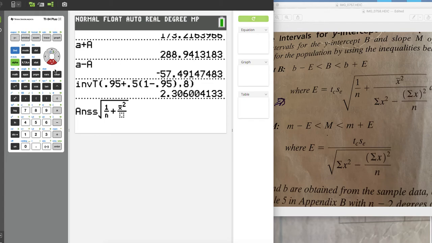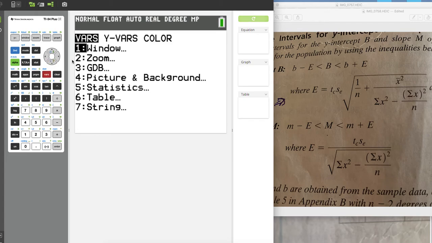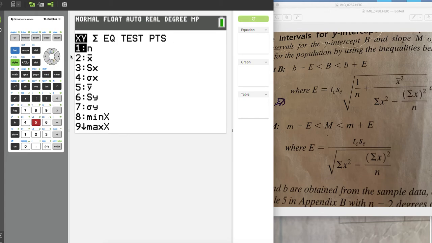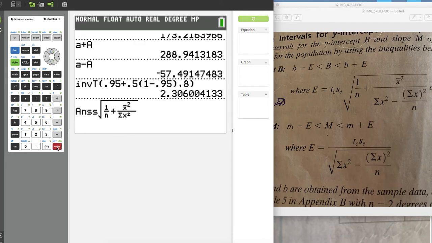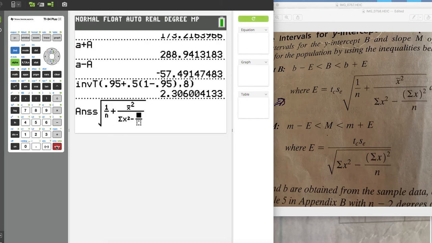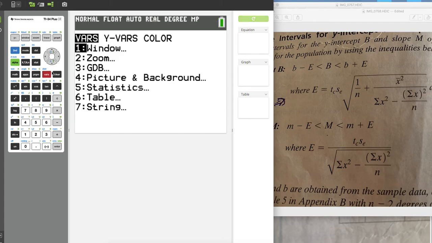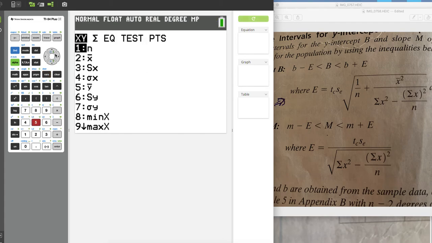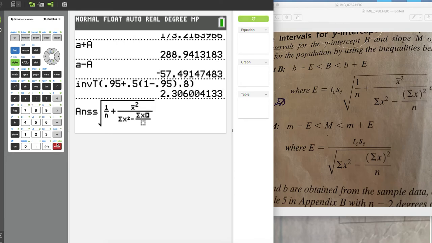On the bottom, I have the sum squared. So go back to vars, number 5, the sum symbol. I want this one, sum squared. I want number 2. The sum of the squares minus another fraction. This time I want the sum of the x's squared. Be just a little bit different number. So vars, number 5. The sum symbol, I want this one, sum of the x's, and then I want to